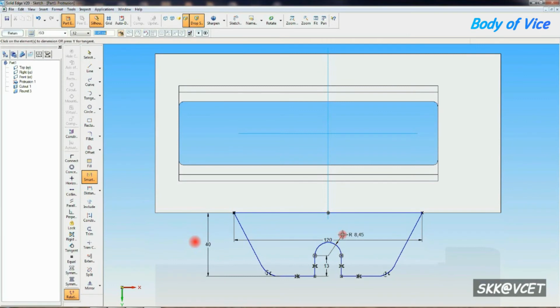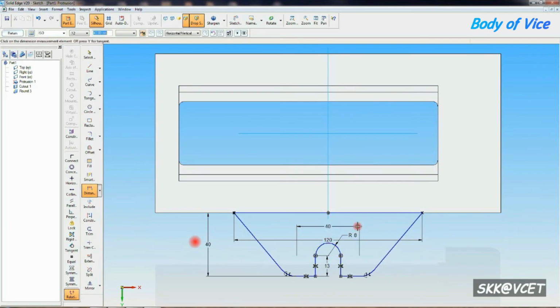Now using small dimension, to give the dimension, it should be 8 mm radius. Then by moving that center to that curve center should be 40 mm.